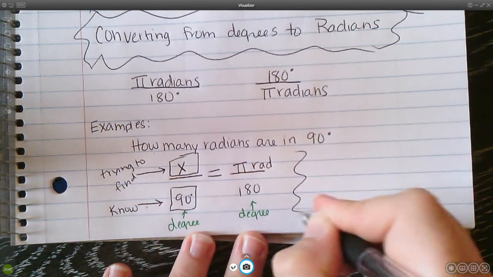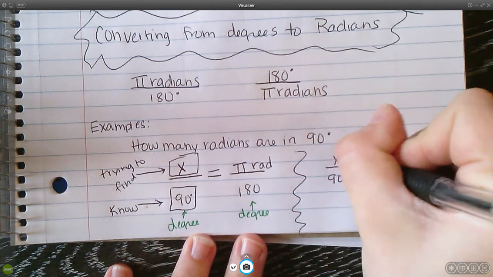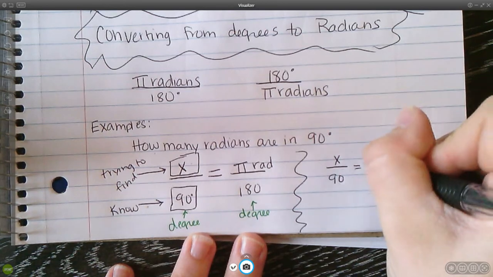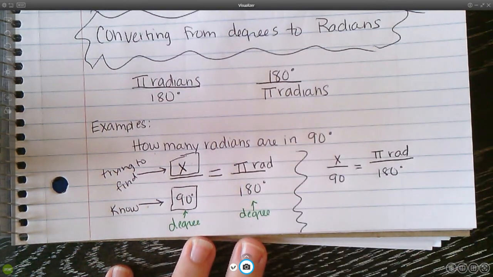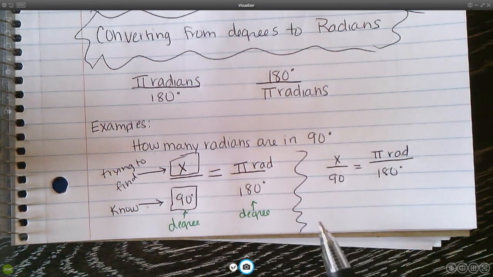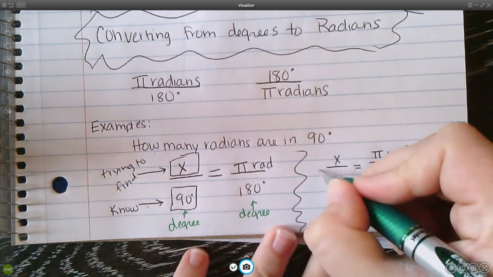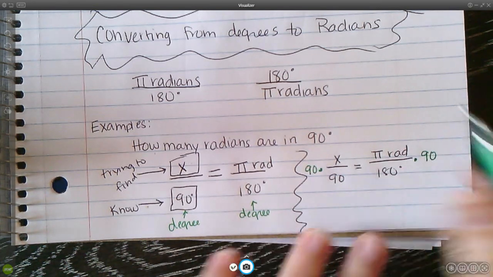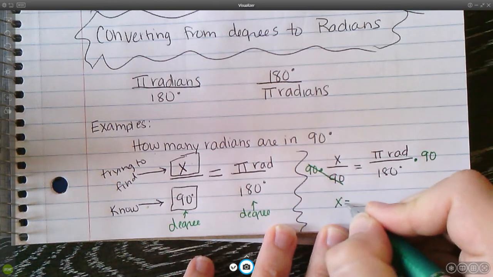So now we have to solve. So we have x over 90 equals pi radians over 180 degrees. And look at that, I forgot my label over here. Okay, so if you have x here, how do I solve for it? Well, I have to get rid of this 90. So I need to multiply both sides by 90 times 90. These two things cross out. So I'm left with x equals